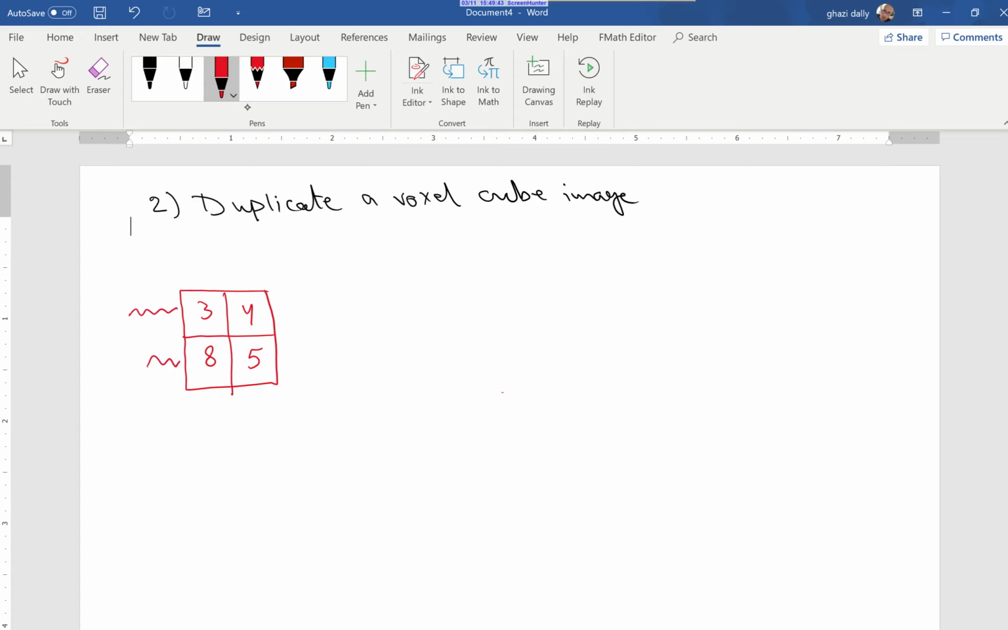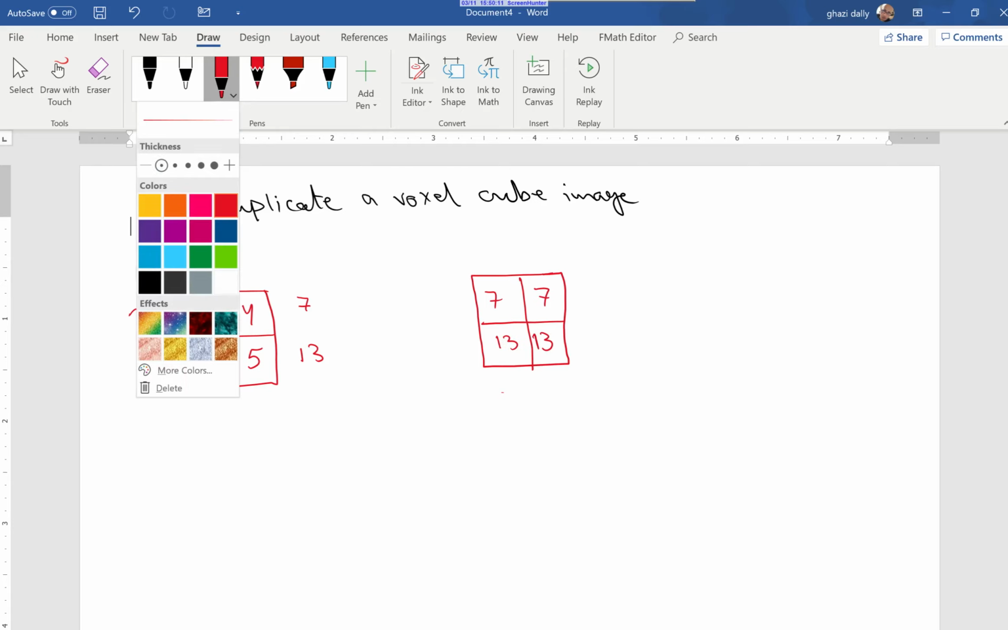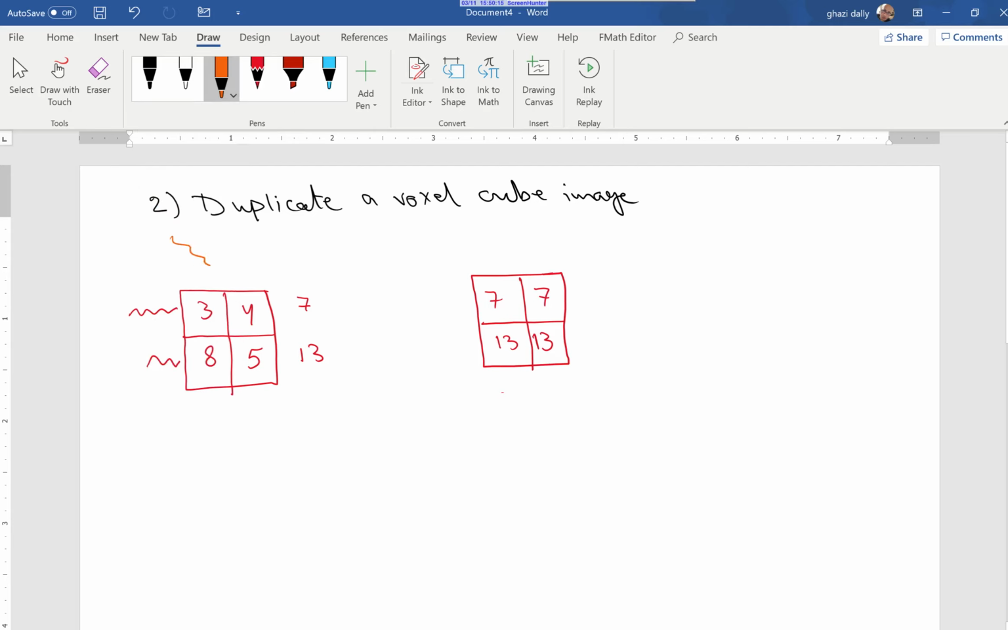The detectors will count them as 3 plus 4, that's 7, 8 plus 5, that's 13, and will develop them by the computer as new 4 pixels that are 7, 7, 13, 13, radiating now diagonally like this,